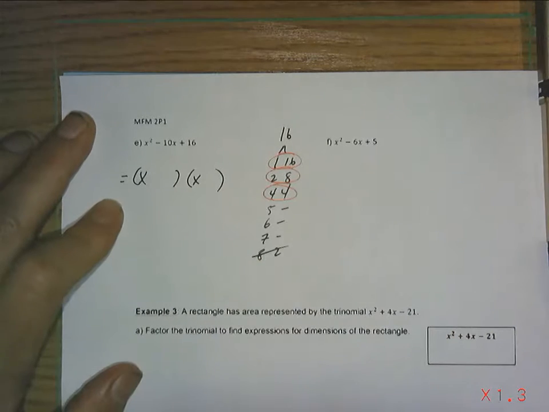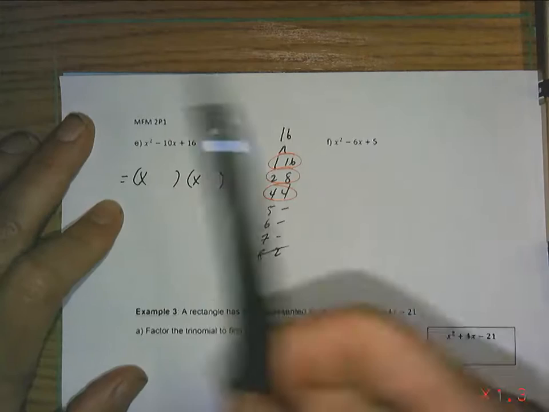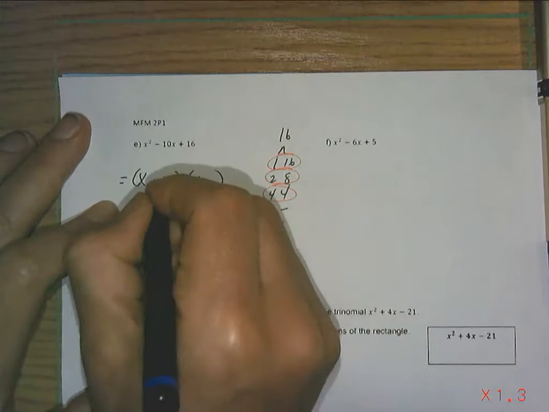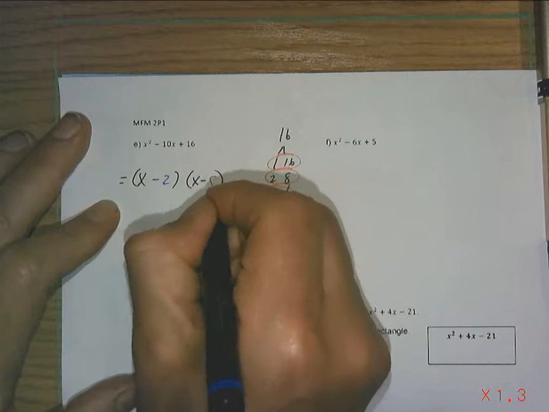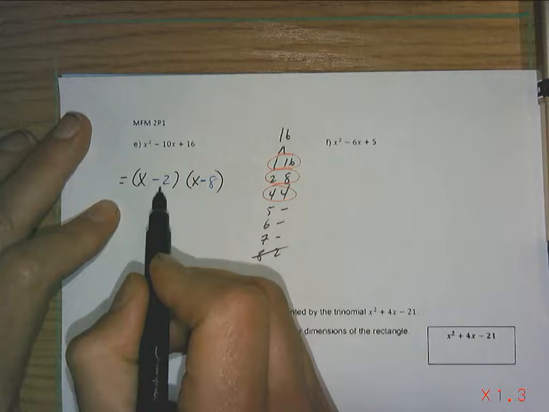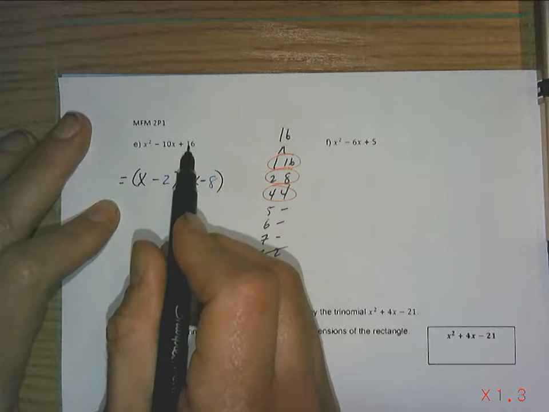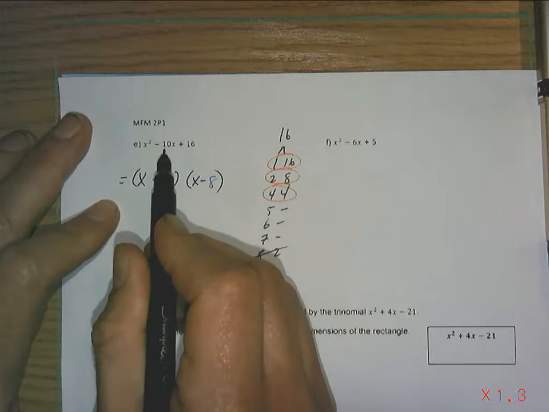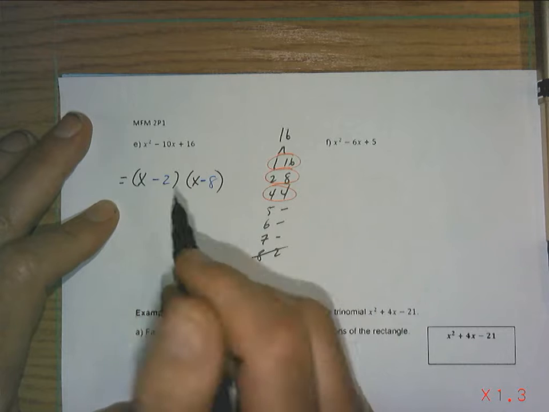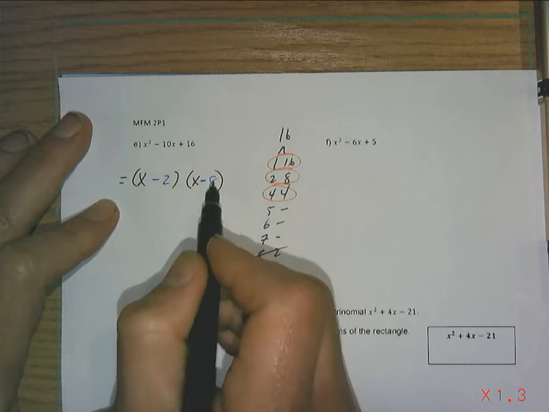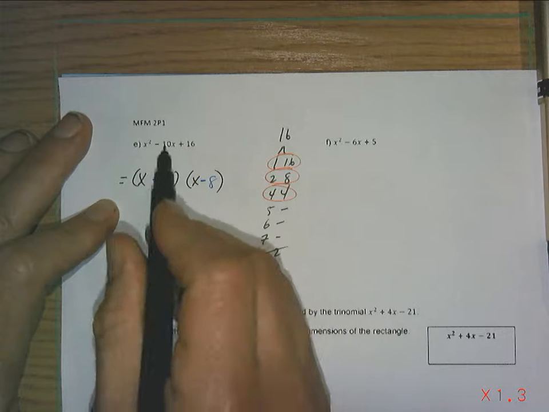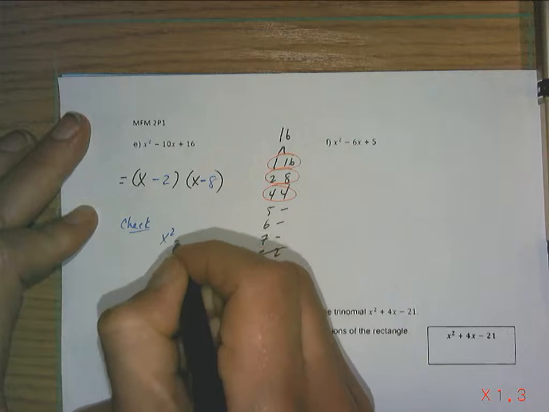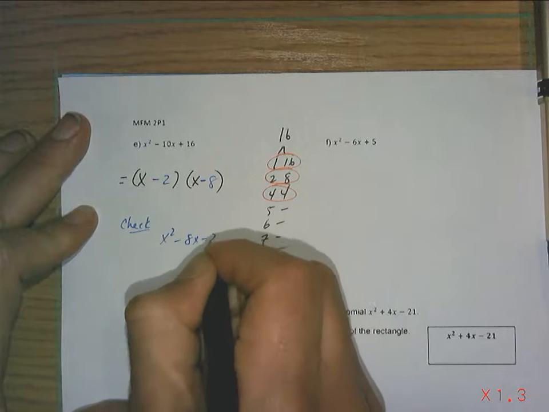Which two pairs of numbers will go together now to give me negative 10? 2 and 8 can, as long as it's negative 2 and negative 8. Let's see if that works. Negative 2 times negative 8 does give me positive 16, and negative 2 plus negative 8 does add to give me negative 10. X times x is x squared, negative 8x, negative 2x is negative 10x. It all works. So you're getting the correct answer